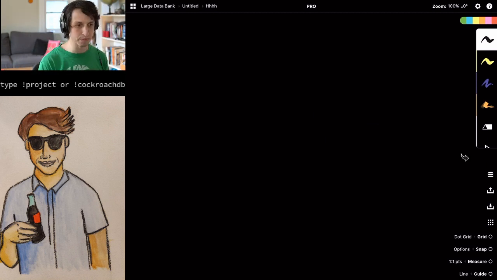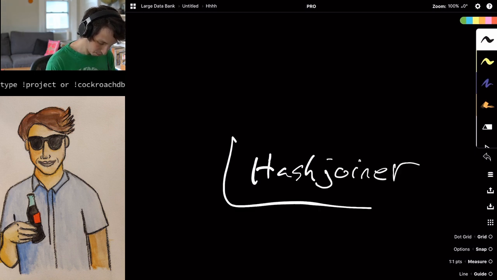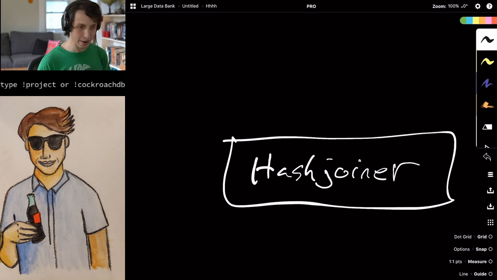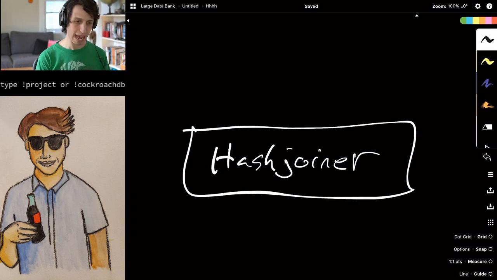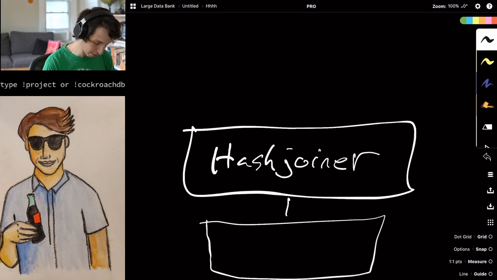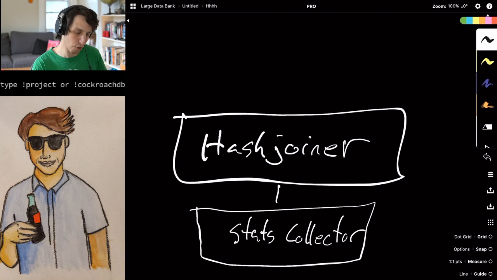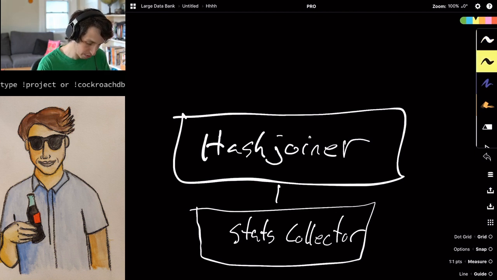Okay, so here's the problem. The problem is that let's say we had our hash joiner down here. And since now I can draw, I'm going to show you what I'm talking about with this wrapping versus outputting. What I actually have is another box down below, which is the stats collector for the hash joiner. And what happens now is essentially instead of asking for rows from the hash joiner, which is what we would ordinarily do,